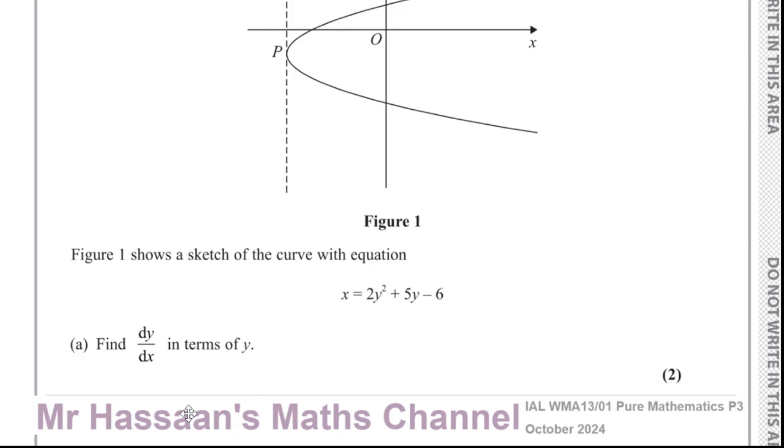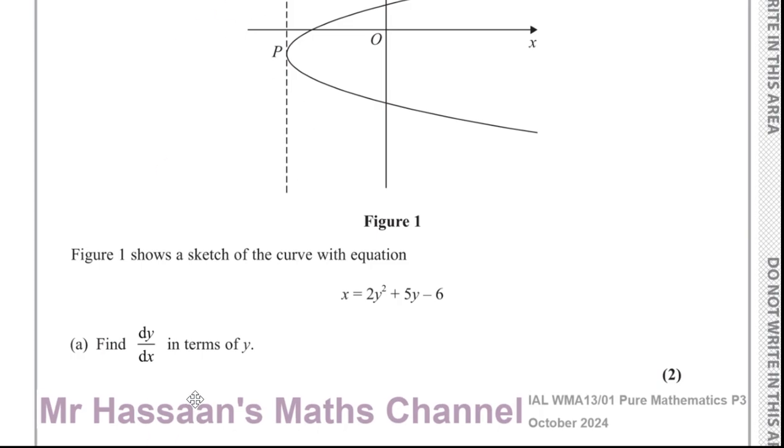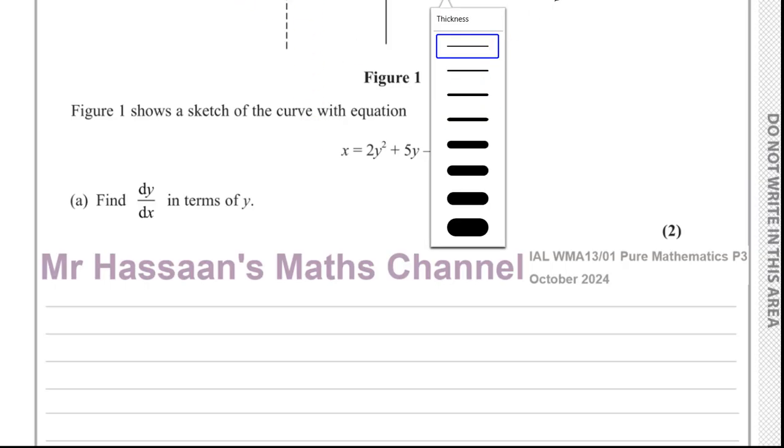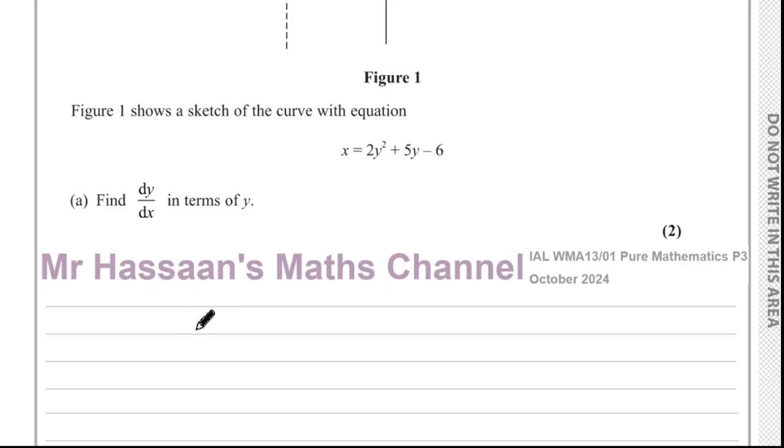It's basically a type of chain rule differentiation. We could use a P4 technique called implicit differentiation, but I think that would be even more complicated than what we're going to do now. In P3, if we want to find dy/dx and it's difficult to make y the subject, as it would be here because you'd have to complete the square and it would be a lot of hassle,